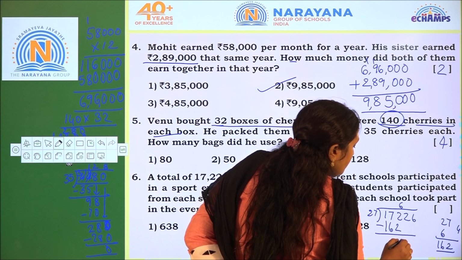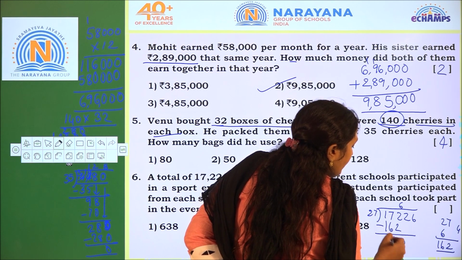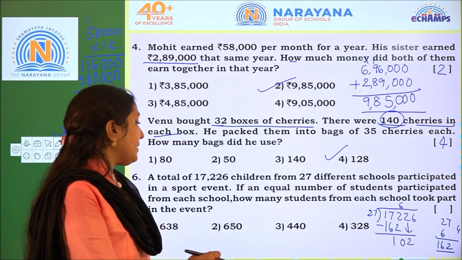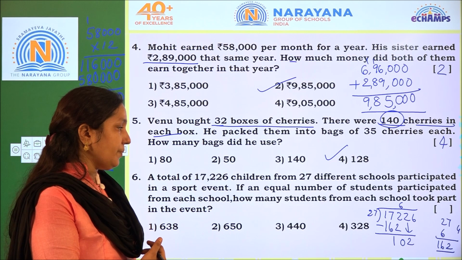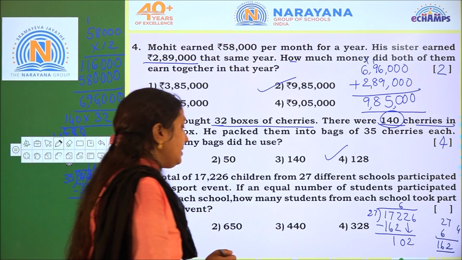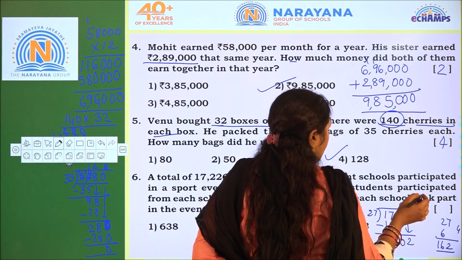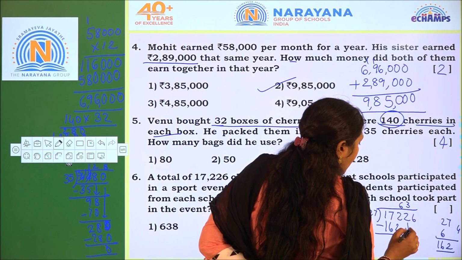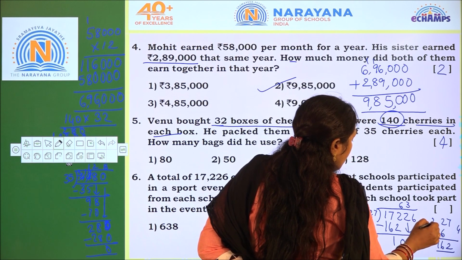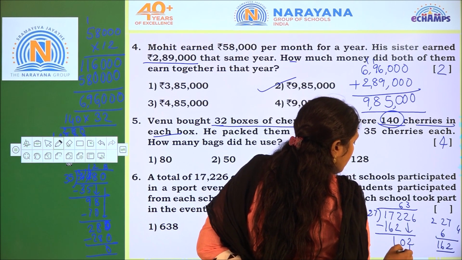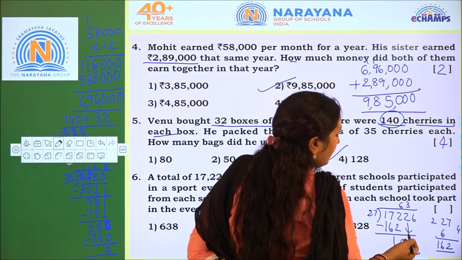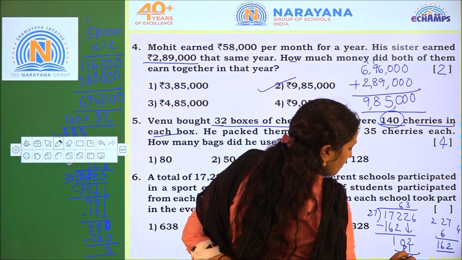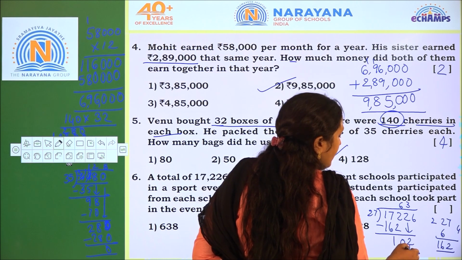Now subtract. 2 minus 2 is 0. 7 minus 6 is 1. 1 minus 1 is 0. Now take 2. Now approximately how many times can we take, children? 102, can we take 3 times? See, 3 times or 5 times? 3 times we can take. So 3 27s. 3 7s are 21, 2. 3 2s are 6 plus 2, 8. Now 81. Now subtract. 2 minus 1 is 1. 10 minus 8 is 2, because 0 will become 10.